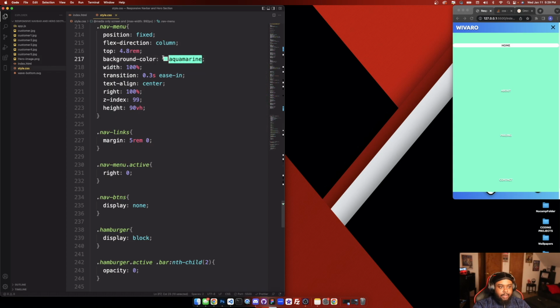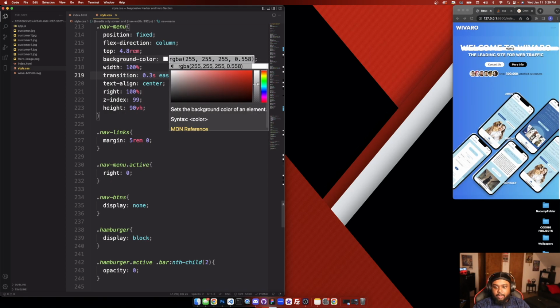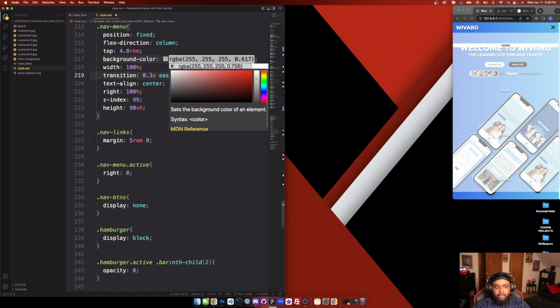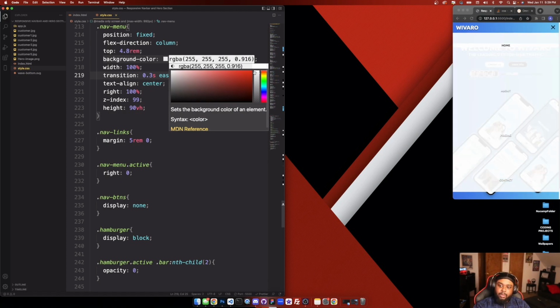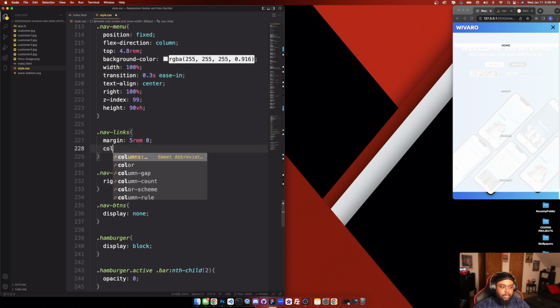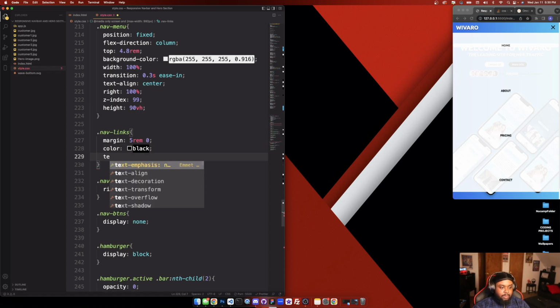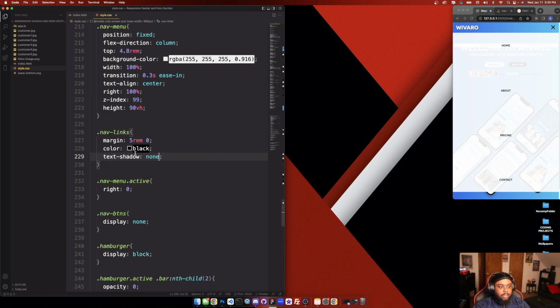And for the background, I want to make it white, but then we're going to do this. We can see through it now. A little transparency, you know what I'm saying? Nah, I think that's gonna look good. Maybe it will though if I make them all black. Text color black, nav links. Let's do color black. And let's do text shadow none. And